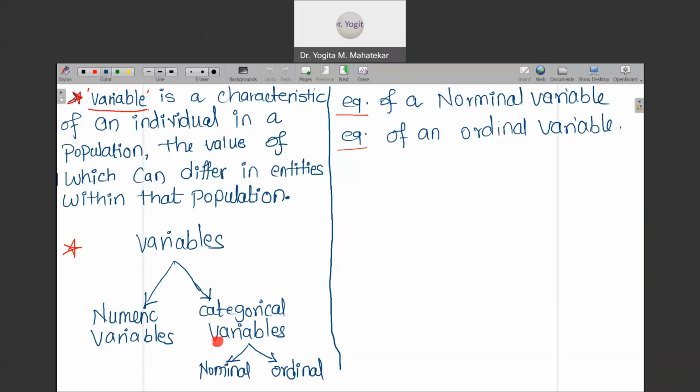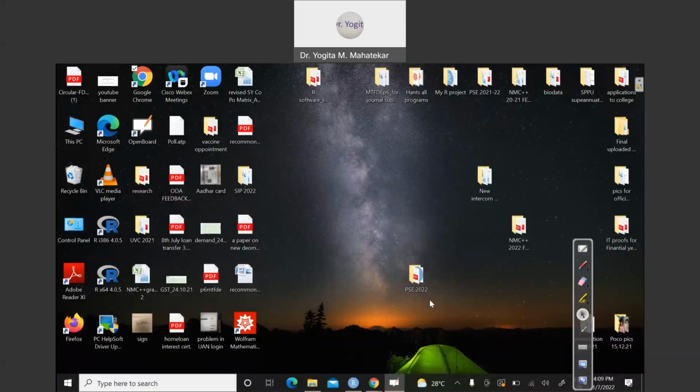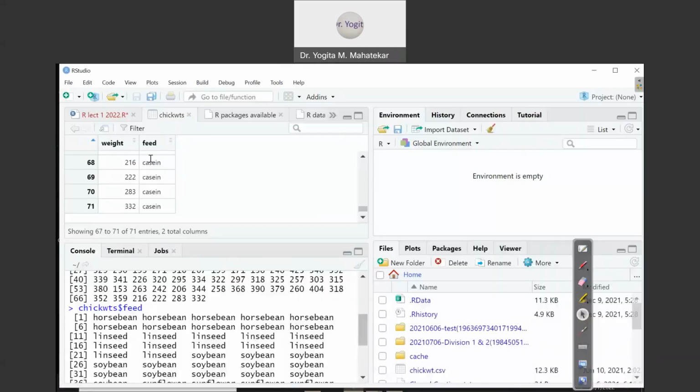A nominal categorical variable is one where the ranking doesn't matter a lot. You can arrange numerical data in increasing or decreasing order, but you cannot do it with qualitative or categorical variables. In the present case of chick weights, the weight is numerical data, but the second is a categorical variable, namely feed.